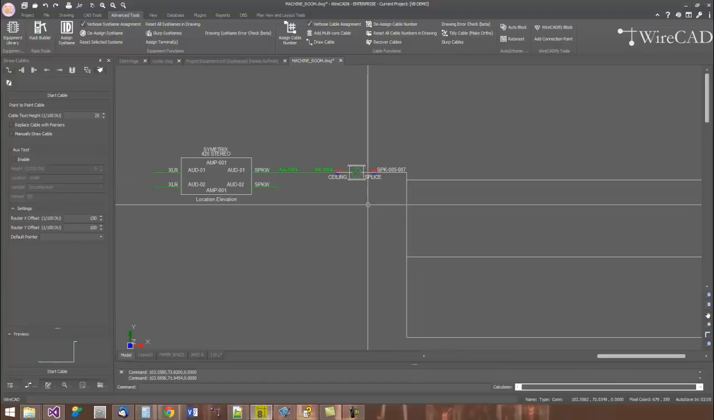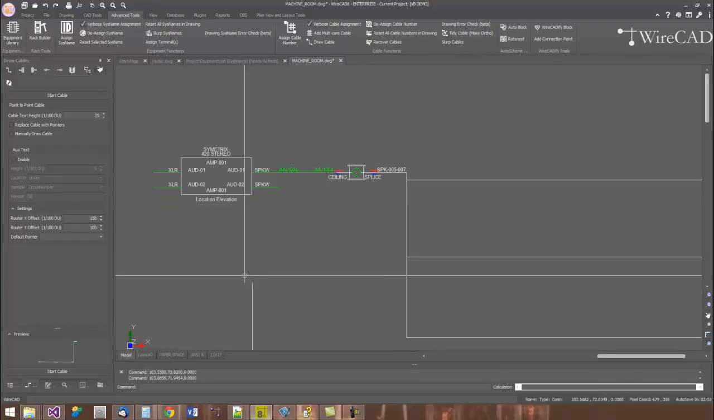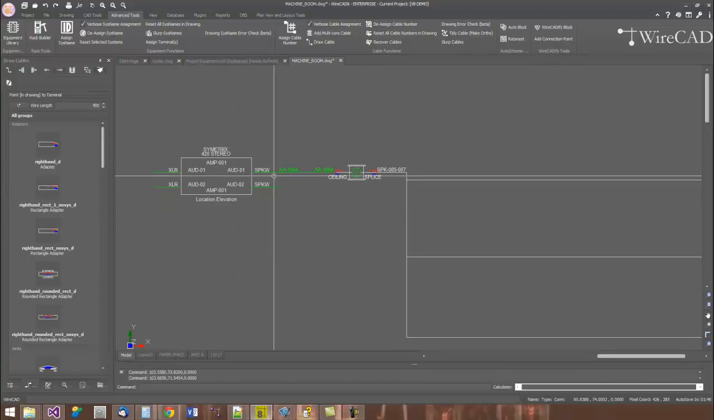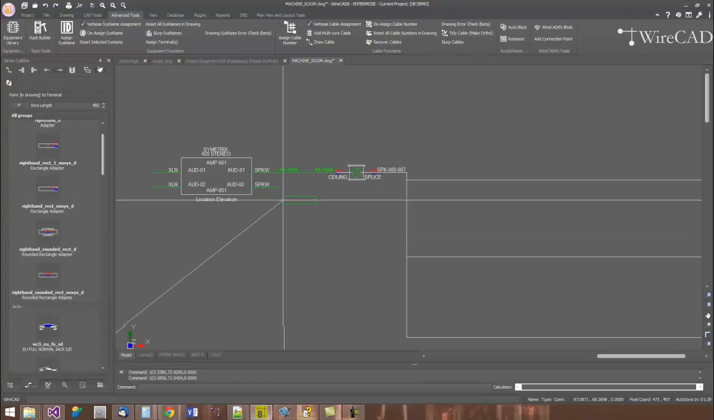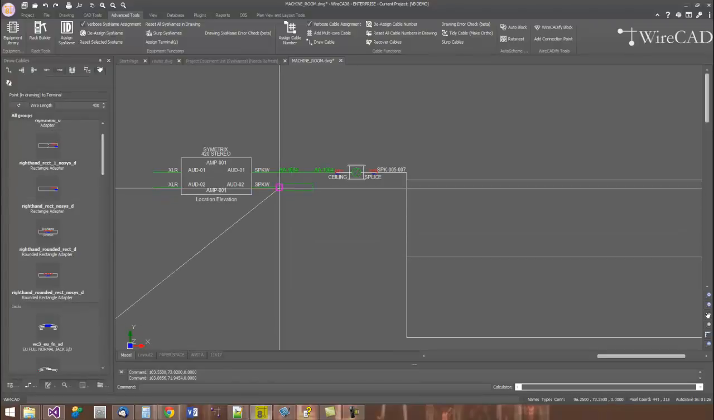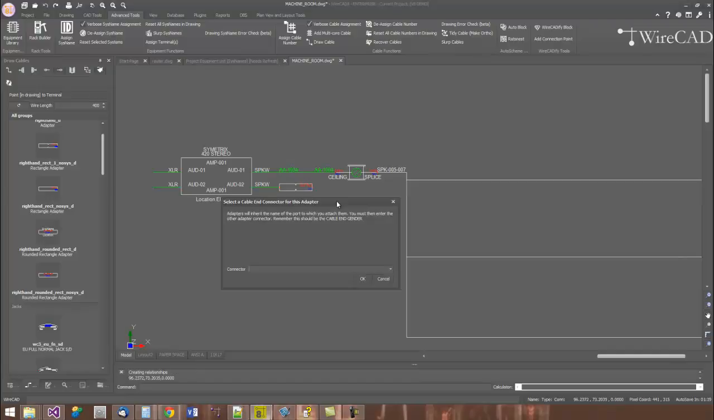Now, what about adapters? Sometimes we find ourselves needing to adapt connectors. WireCAD has provision for that with a new entity called the adapter. Adapters behave just a little different from other terminals in that they expect you to drop them on the port to which you're adapting. The adapter then pulls the data out of the block to which it's attached and then prompts you for the connector to which we are adapting. In this case,